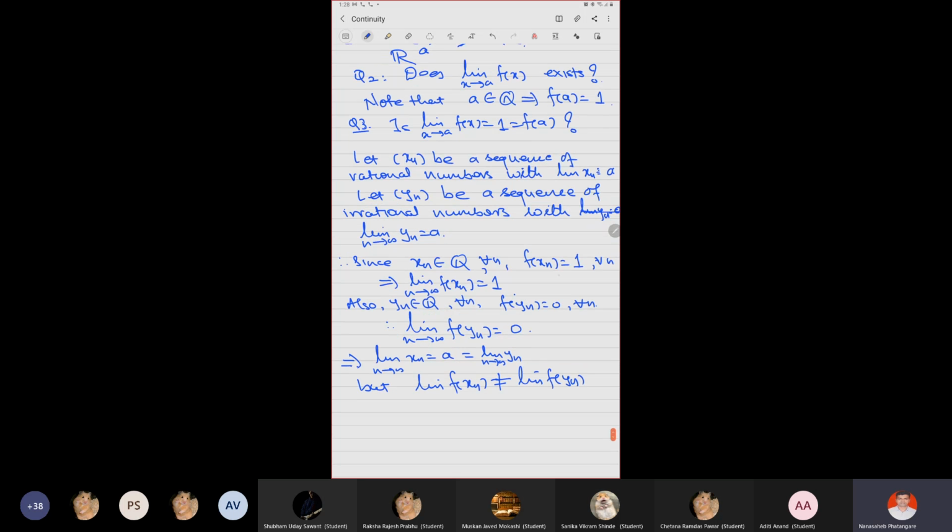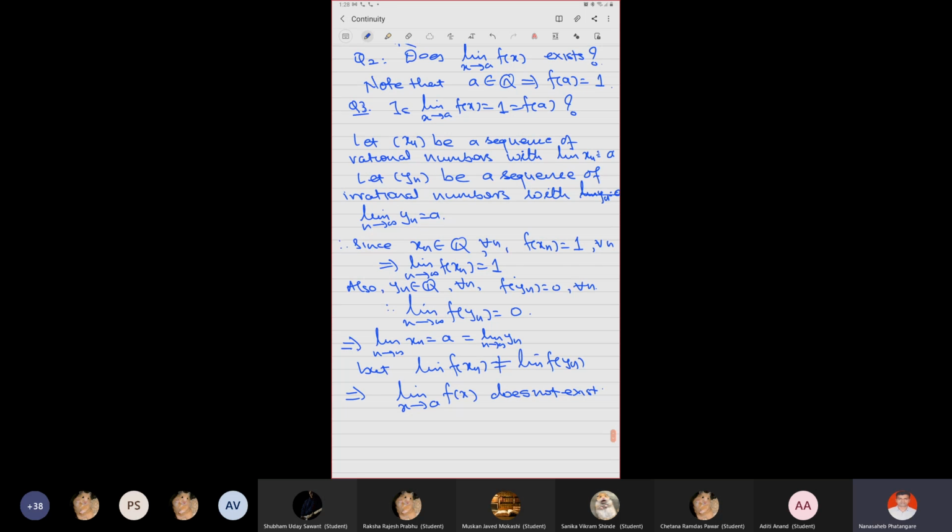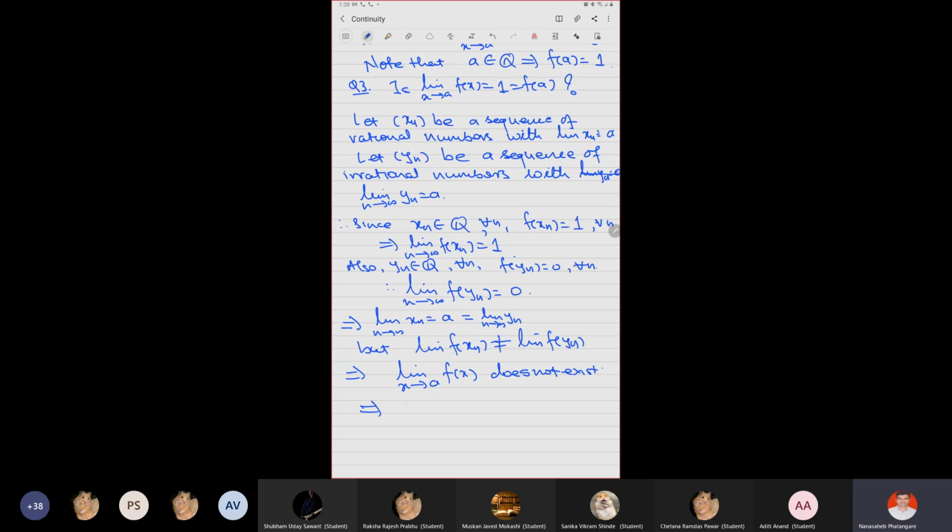And this was already discussed while talking about limits. What is the conclusion of this? The limit of this function at a does not exist, right? Because it is a cluster point. If a point is a cluster point of the domain, then we should check whether the limit exists and whether the limit is equal to the value. So therefore, can I say that f is not continuous at a? Yes, sir.